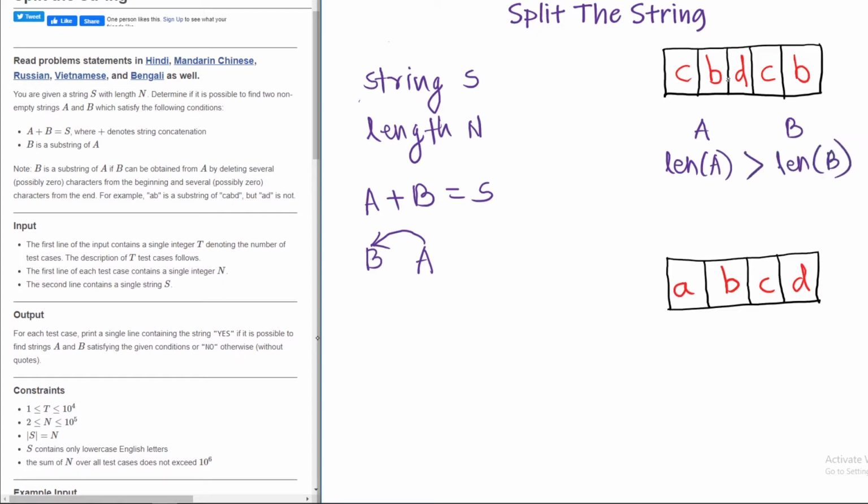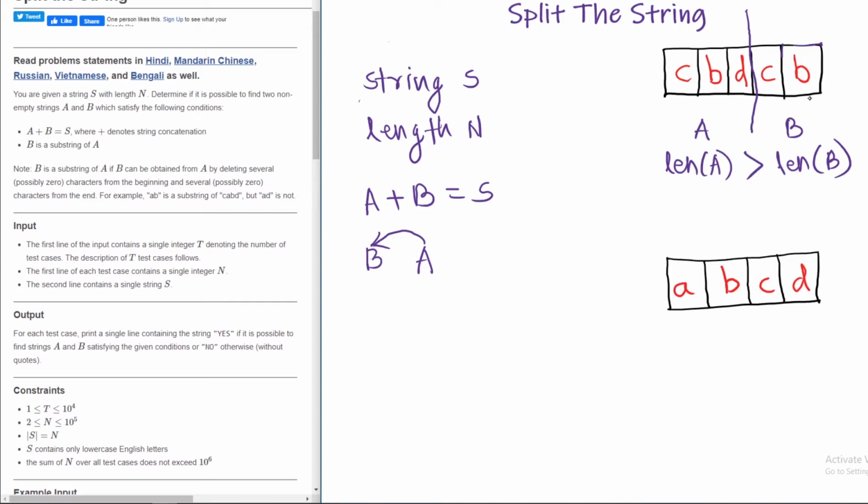Now here we can make a partition like this: CBD and CB. Here you can see CB is a substring of the A string. So CBD will be A and CB will be B. But here is one important observation.